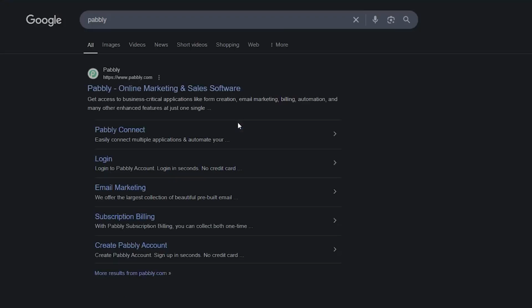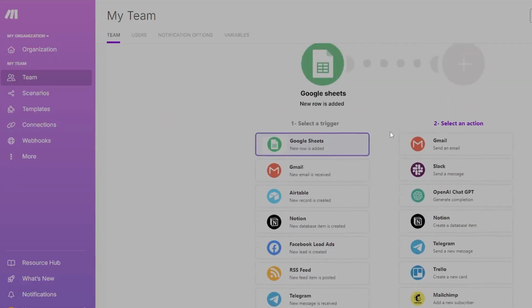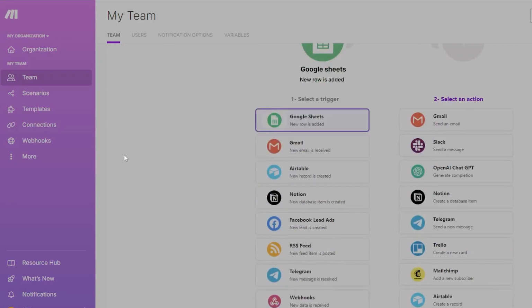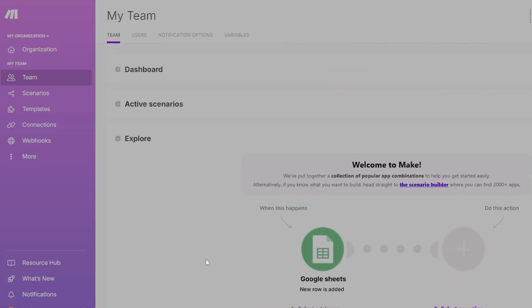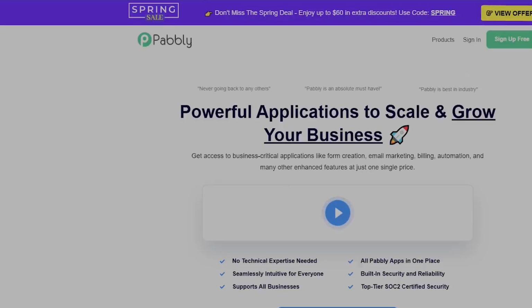Let's start with Make.com. It's got a modern visual interface that shows your automation flow step by step. Each module is connected like a map, making it super easy to follow what's happening. It can build simple or complex workflows, and the real time testing feature helps you troubleshoot instantly. For beginners, it might feel a little overwhelming at first, but once you get the hang of it, it's very